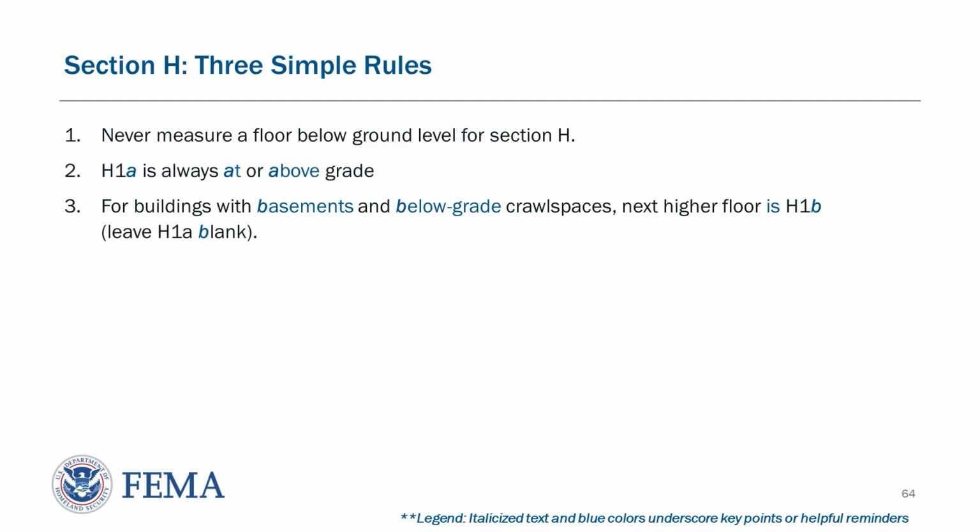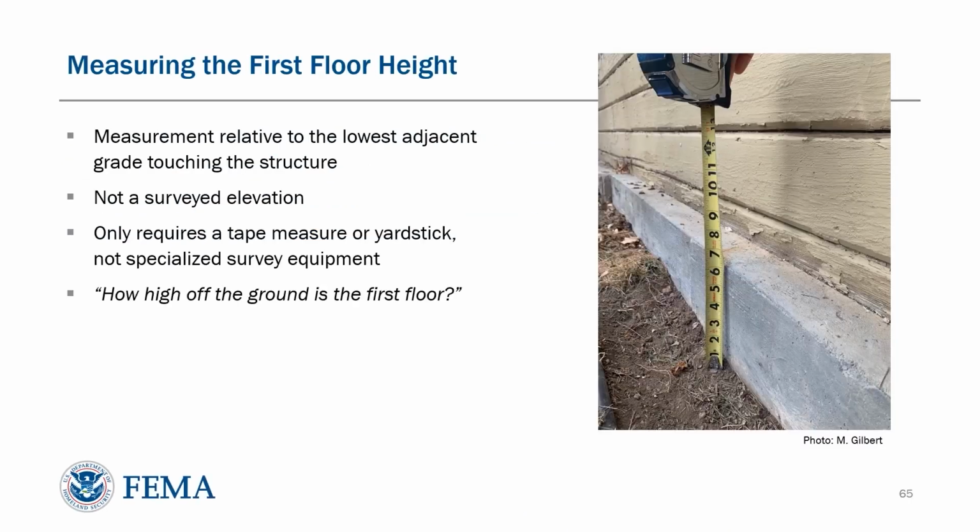We'll go through these rules with a little more detail, but before we do, when we're talking about measuring height in Section H, we're talking about the relative distance between the top of the floor and the existing lowest adjacent grade, or the as-built grade. These are not surveyed elevations. We're using yardsticks and tape measures and rulers to determine the distance from the existing ground up to the first